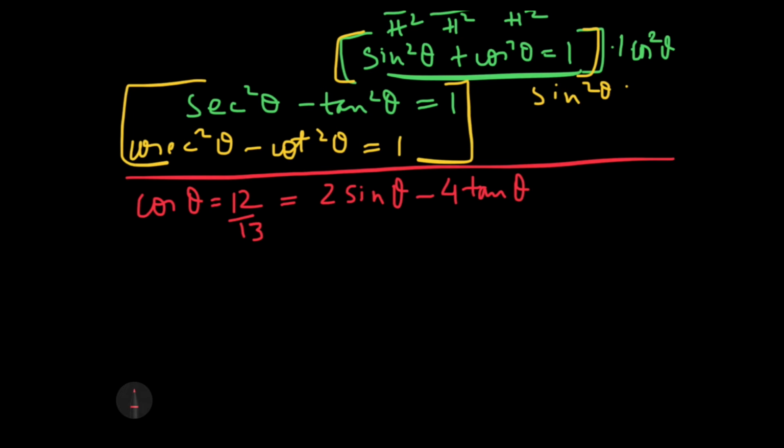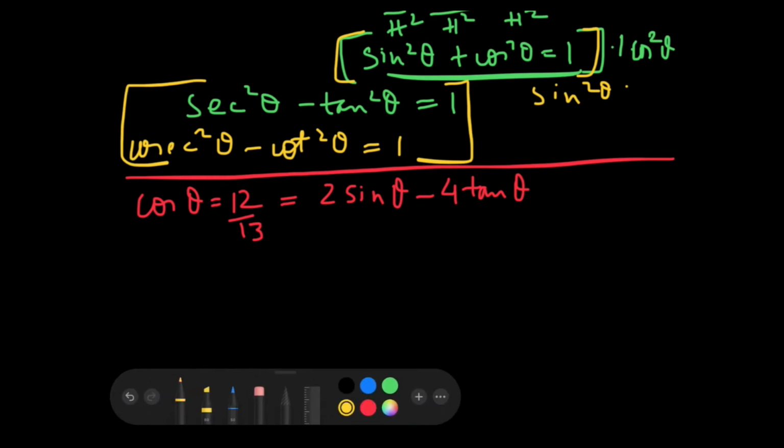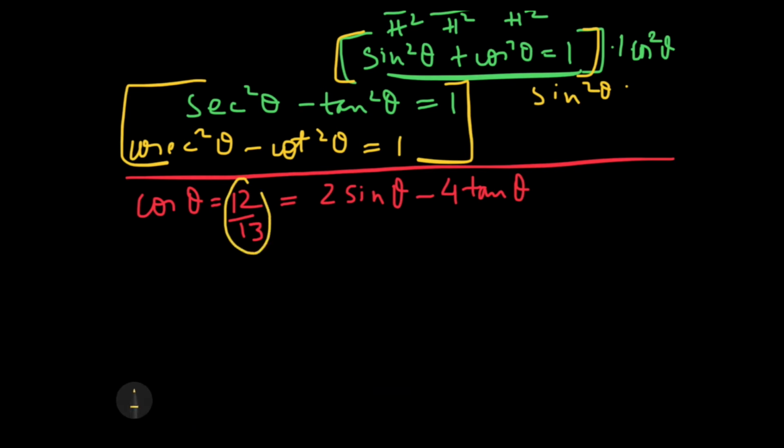Now here it's very much understood. How will we solve this question? I know that cos theta is basically base by hypotenuse, right? So that means I can call my base 12 and my hypotenuse 13. Now applying the Pythagoras triplet rule, my perpendicular will automatically come out to be 5. No need to apply any long process, just remember that 12, 5, 13 is a Pythagoras triplet. So 5 will be my perpendicular.